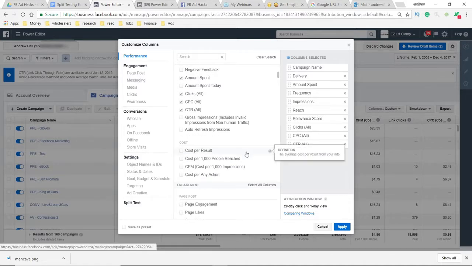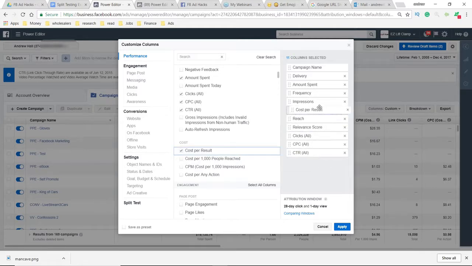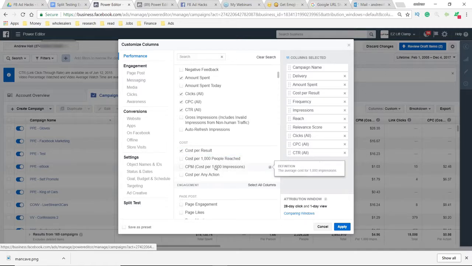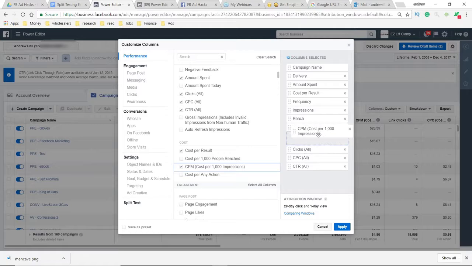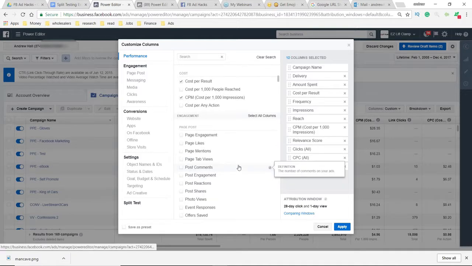And then we want cost per result. Now we want that at the beginning, right after amount spent. And then CPM, that's important. I like that right after reach. That's cost per 1,000 impressions. And then